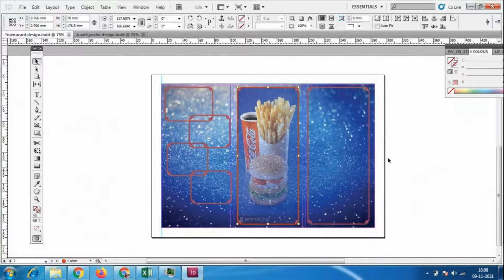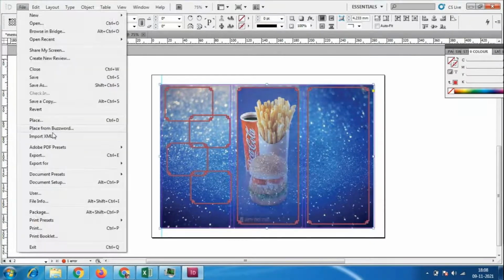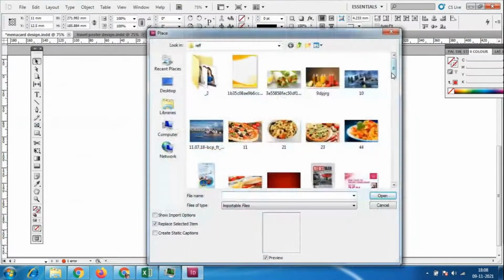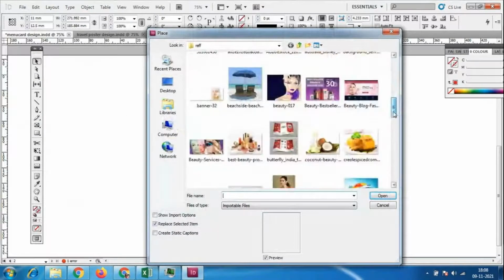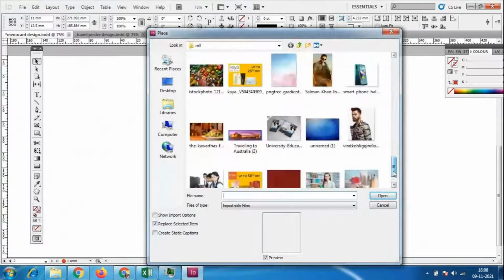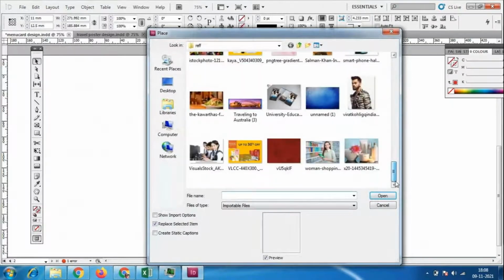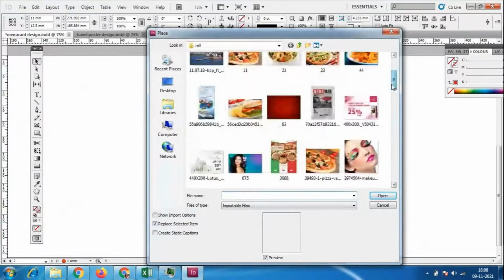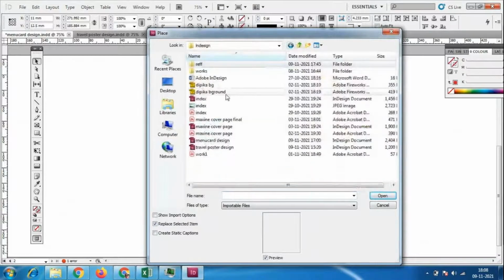We can place some food product, or the company logo also, and something which will have the images.